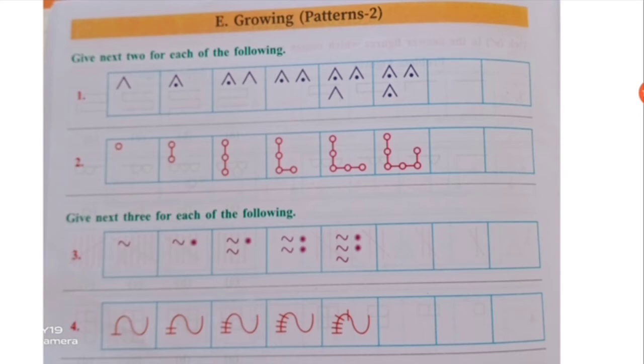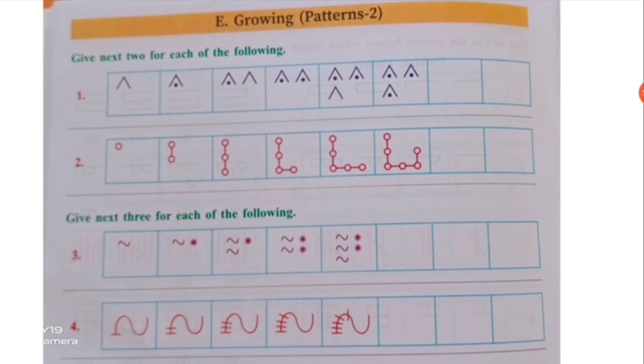So students, I request you, please think about it and do it yourself, and click photos of your books and send them to me. In the second picture also it is very easy. One circle, then in the second picture one line is drawn to connect the second circle. So like that it is coming down, then going to the right side, then going upside. Now you have to think and find out what will be next.